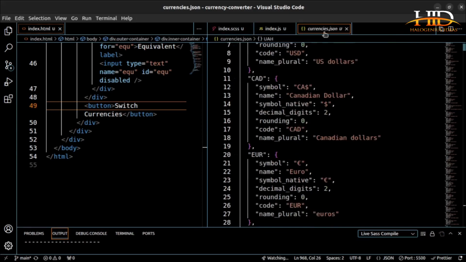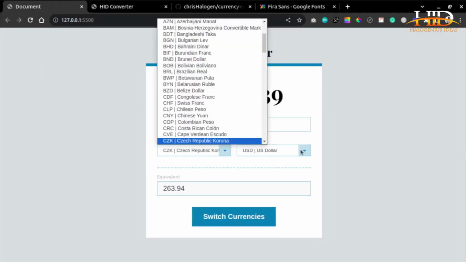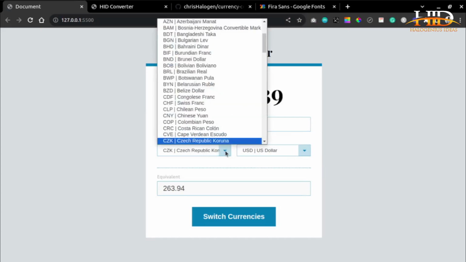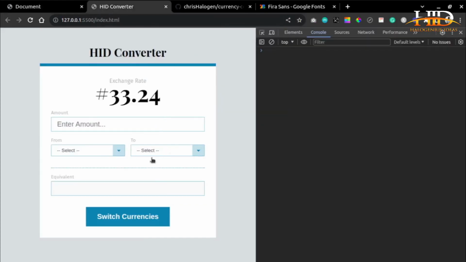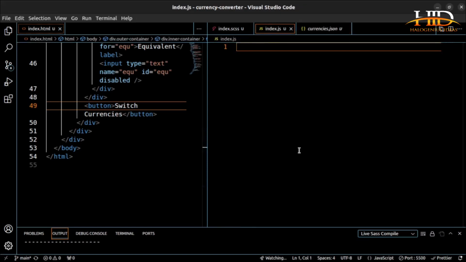Then from there, we are going to start populating this select over here. You can see what we have is just that select option only. So come here, and how do you import